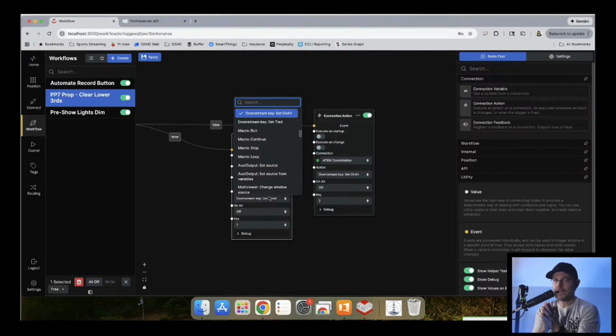The MacBook Studio is our primary machine that our ProPresenter person uses every single week. And so I want that lower thirds to always be primary, which means that it needs to be set to downstream key 2. Because in a battle between downstream key 1 and downstream key 2, downstream key 2 will always be on top. It will always show on the top layer, which means that you need to bring over your key and fill into the constellation downstream key 2, DSK2, that's your primary.